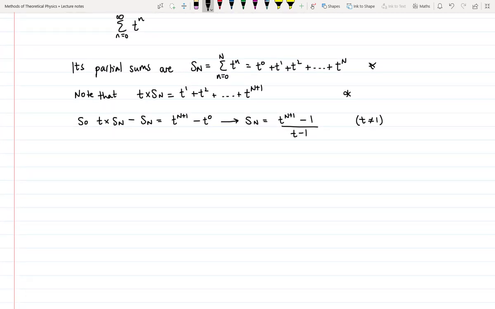Let's now consider testing the geometric series for convergence. We could apply the Cauchy criterion to the partial sums, but in fact for most of the rest of this course we're going to be using the ratio test a lot. So to get practice with it, let's use the ratio test here. So, applying the ratio test,